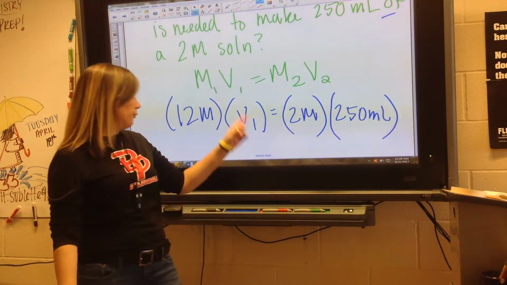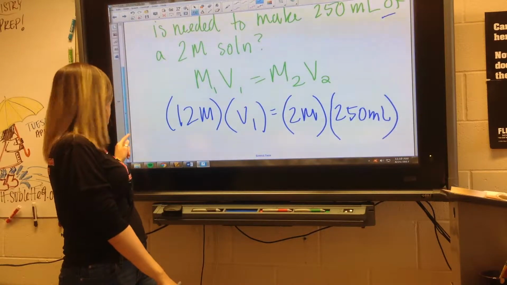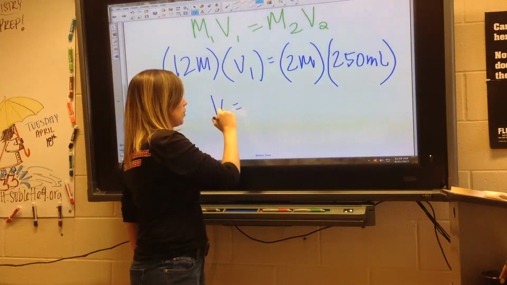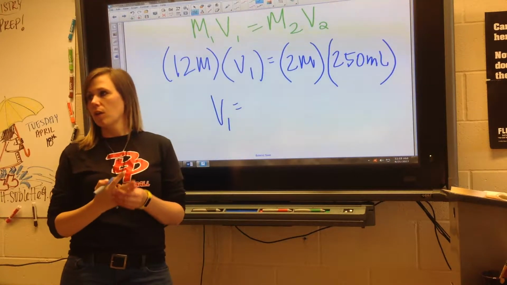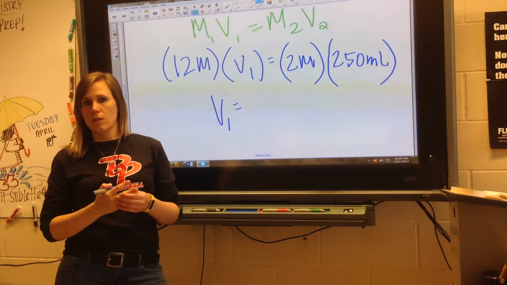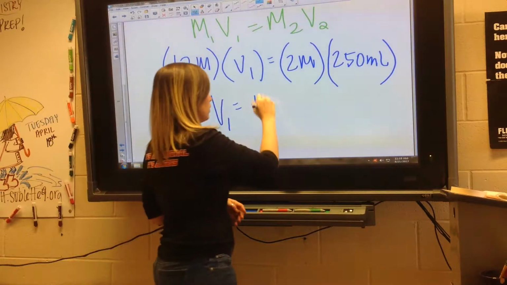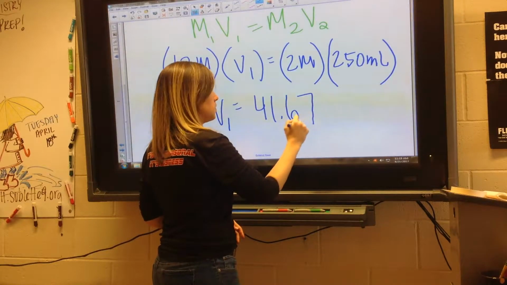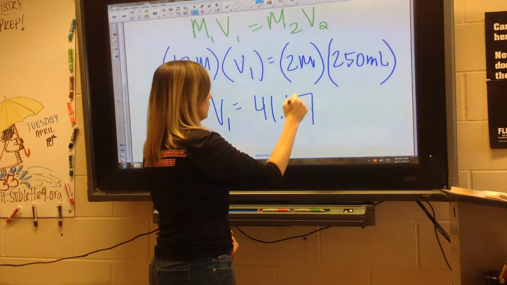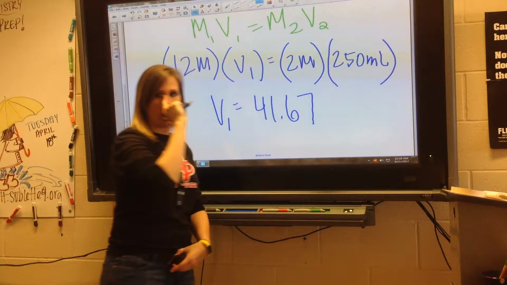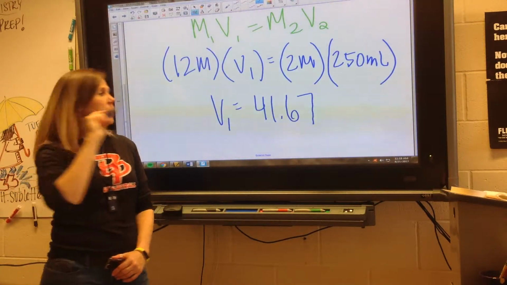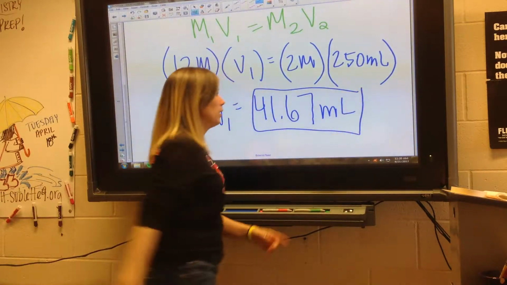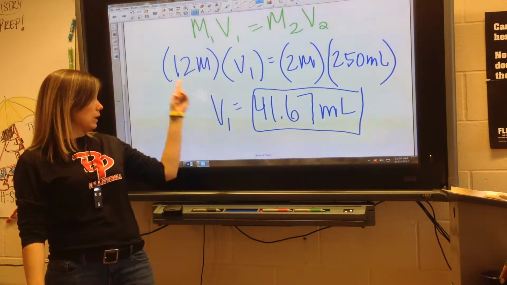Okay, so you guys solve for your V1. Multiply 2 times 250. Divide that by 12. Destiny, what do you come up with? 41.6. So round up, 41.67. And that's going to be what unit label? Milliliters, good. So basically how this would look in lab is I would measure out 41.67 milliliters of this 12